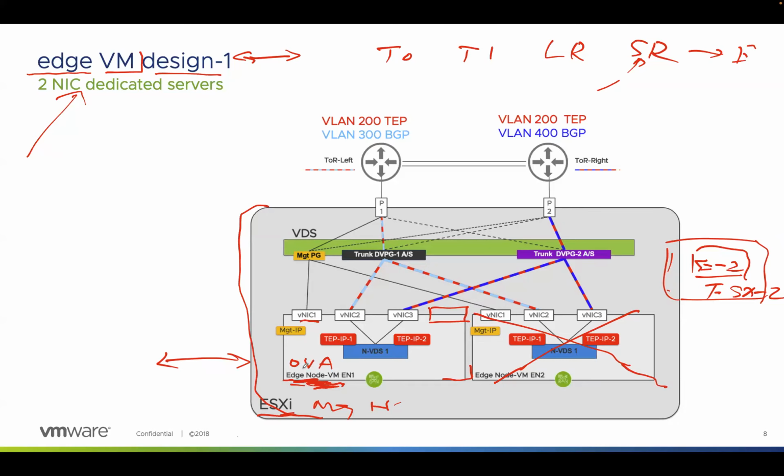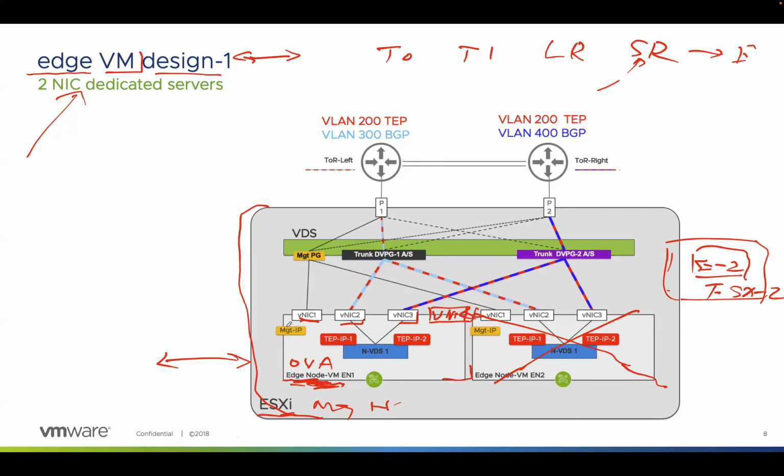So for this edge node VM, we have 4 fixed vNICs. We can't change the order of the association, no, you can't do that. Here we have fixed